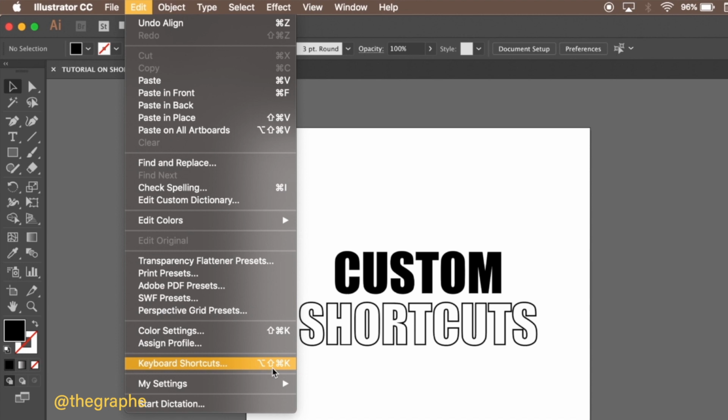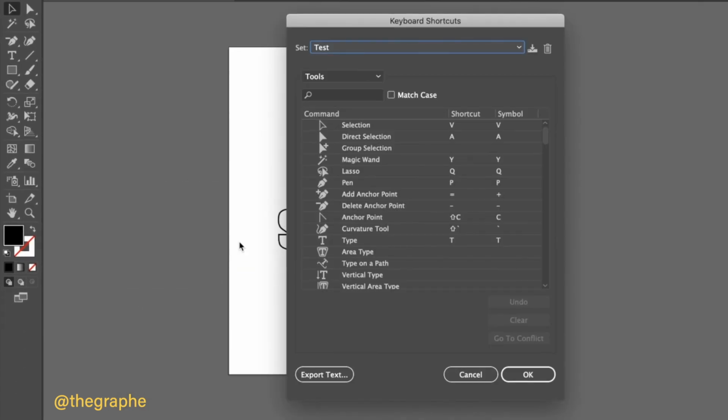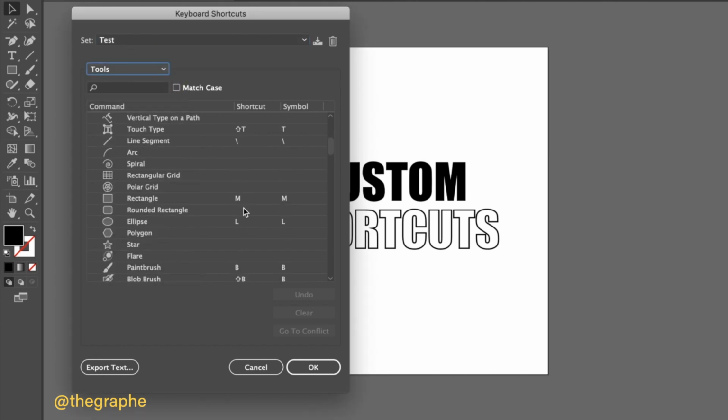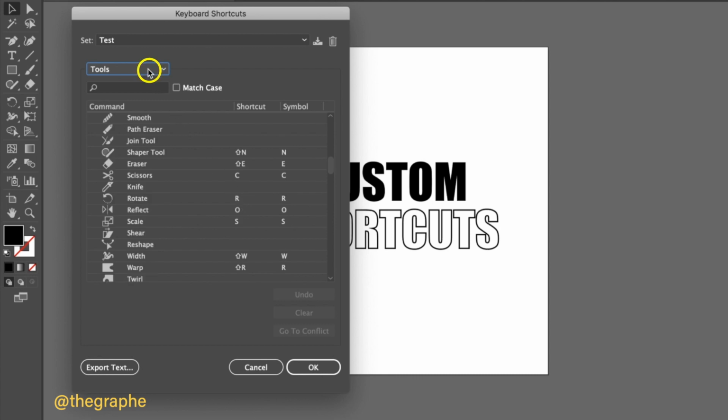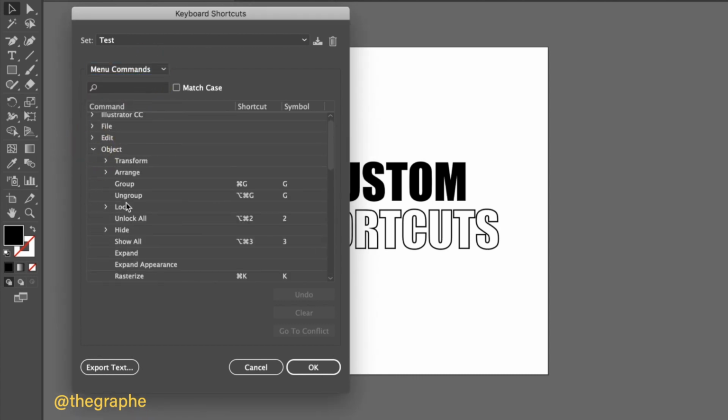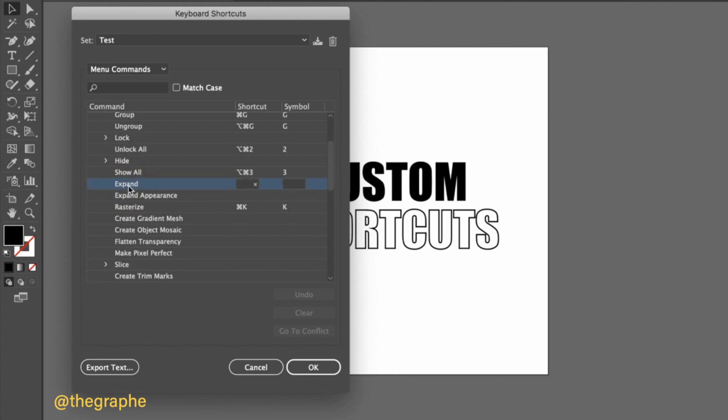You could also click Shift Command Option and K, or Shift Control Alt and K if you are using Windows. Now I will select Tools from the drop down option, which will show us the default shortcut options. From here now I'll go to Menu Commands, then go to Object, Expand. Now you can click on the little box where you want to add the shortcut